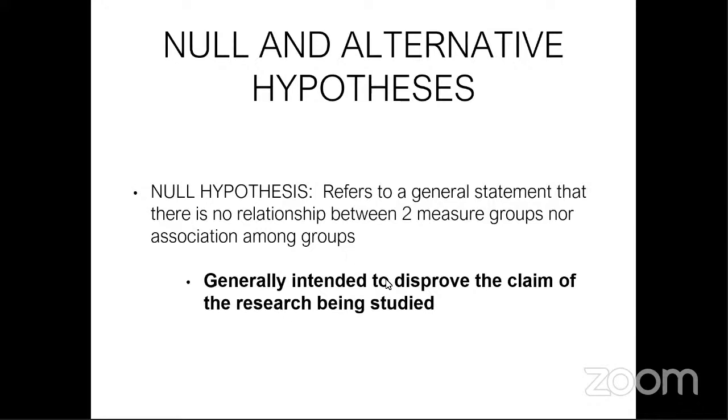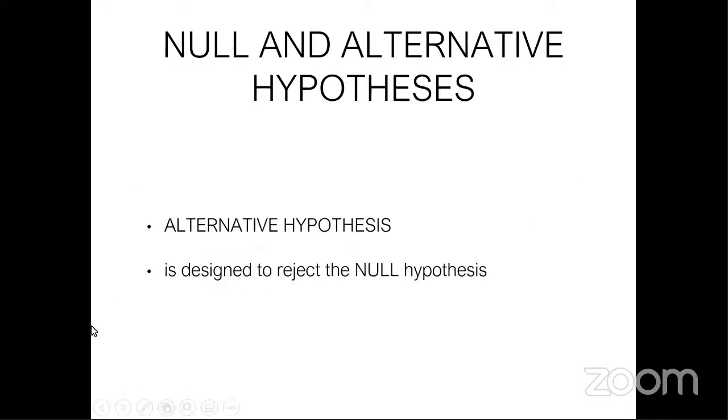Example of a null hypothesis: exercise improves cognitive function. So your null would be exercise does not improve cognitive function. So alternative is to reject the null hypothesis. So exercise would